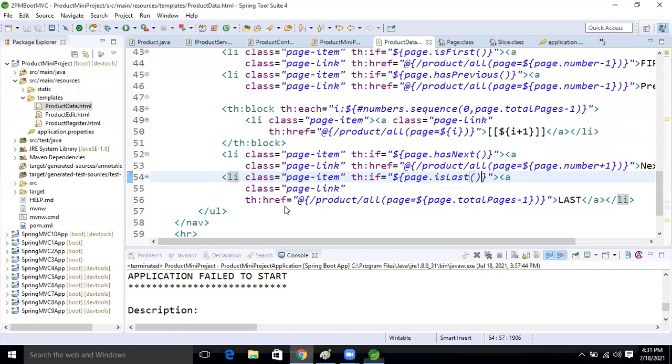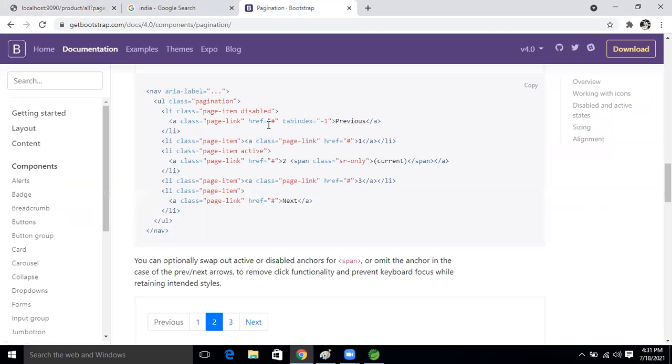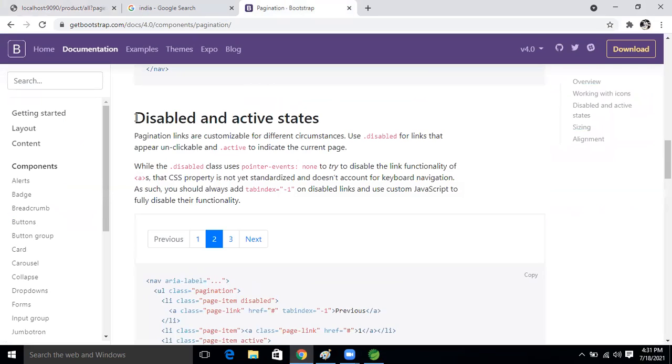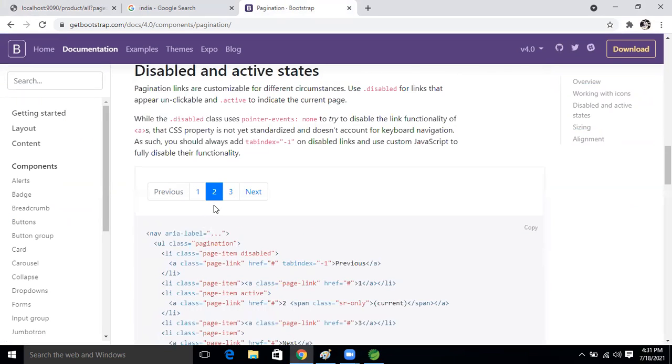Icons, disable, active, status, right? Okay, so see this disable and enable active, right? This symbol means what? If we are there in the two page, let's highlight the two, right? Like this. Are you ready to see this one?